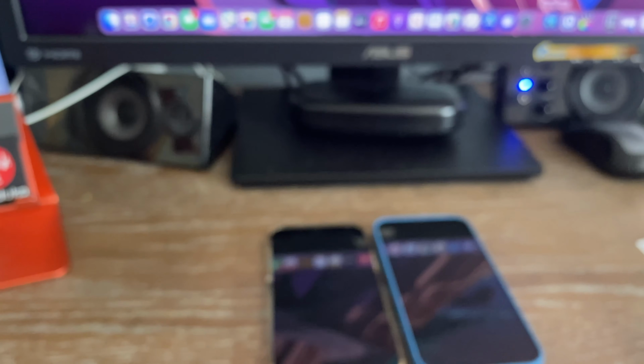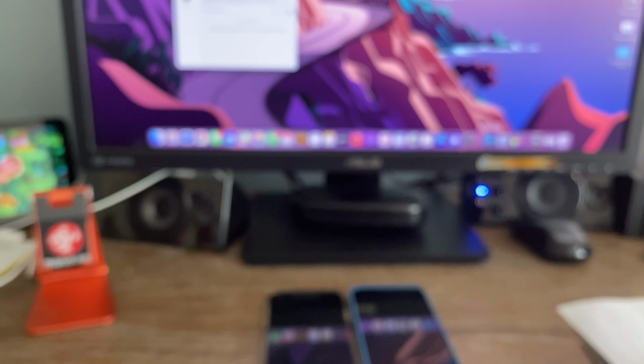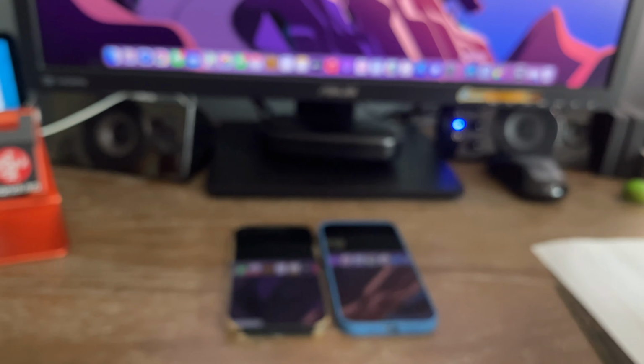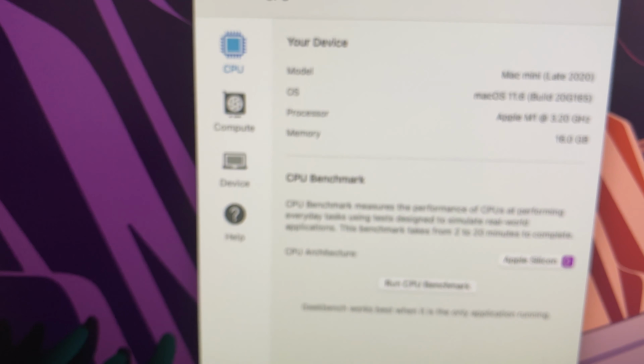Now remember, the processor in the Mac Mini and the new MacBooks is basically the same processor that's in the phone. They just have better ability to turn up the speed because they can use fans. However, I never heard the fan even kick on in this thing. And just more space for heat sinking and ability. So if you look at the Mac Mini,